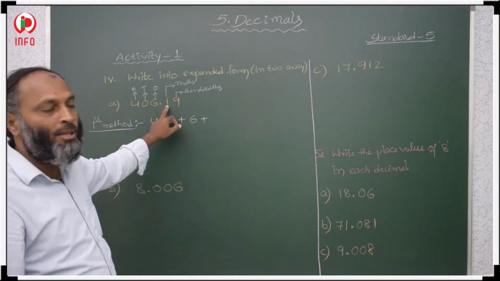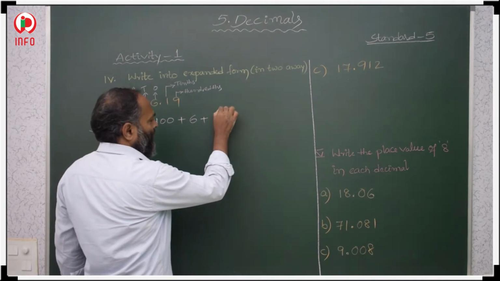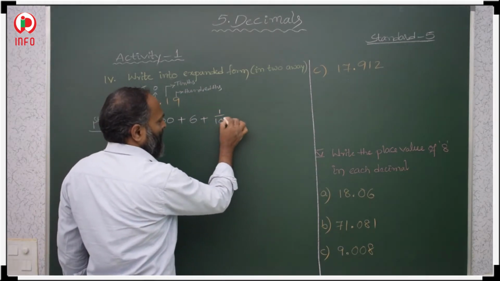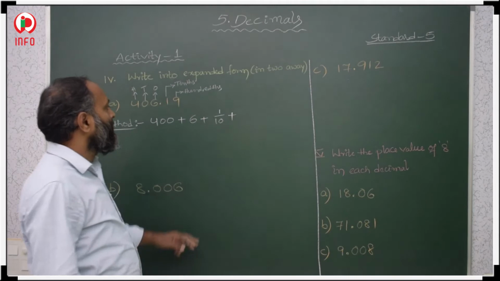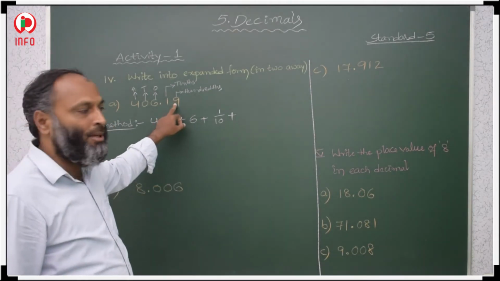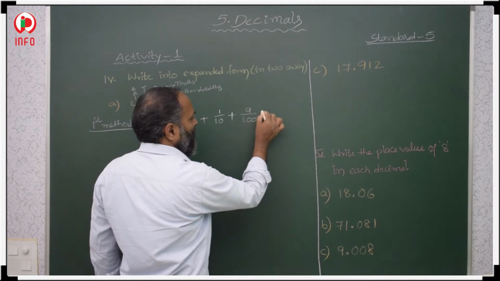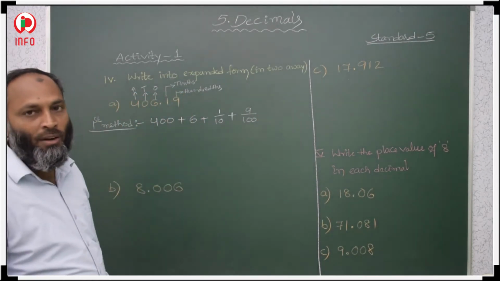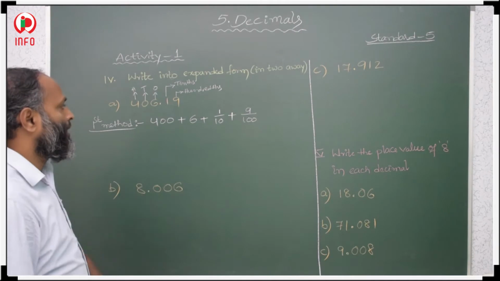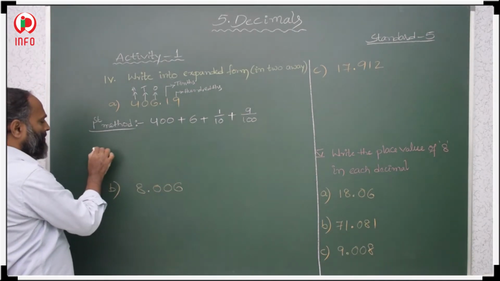1 is in tens place, that is 1 by 10. Then 9 is in hundreds place, that is 9 by 100. Then this is the first method. In the second method,